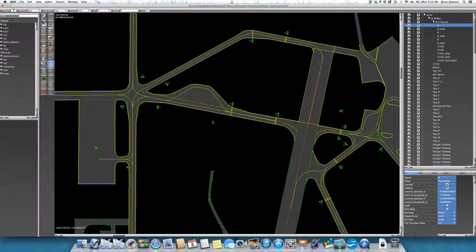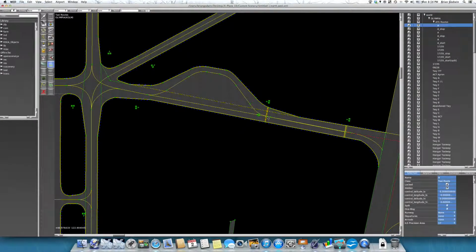Now, once I've done all the ILS, even though there's one up here we could do, we've already done it, so we don't need to do it again. So now I'm going to turn off the ILS, and now we're going to create the taxiway that is nothing but an uncontrolled area, and we're going to leave that one set for taxiway A, and we're going to run that one all the way from the beginning of the ILS zone